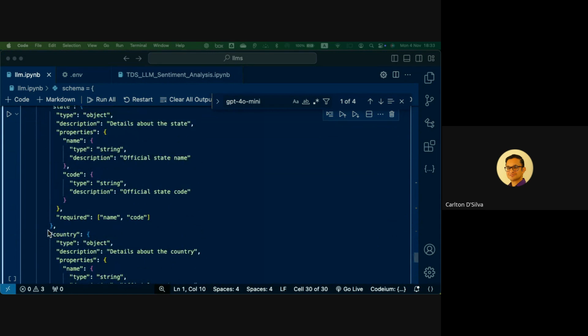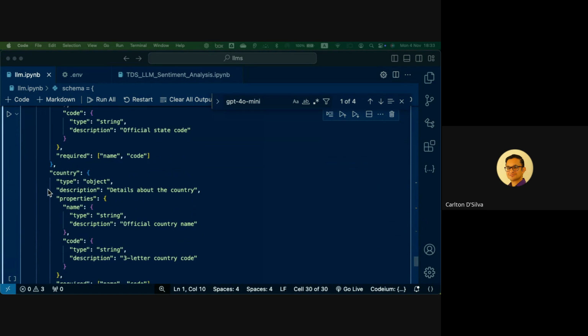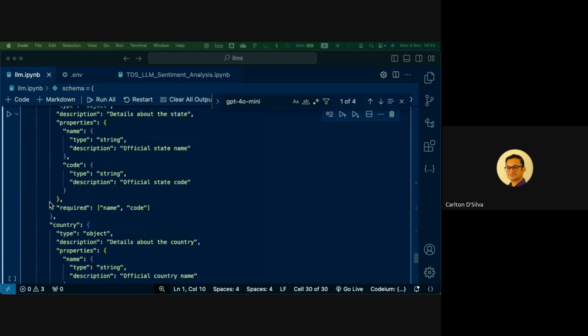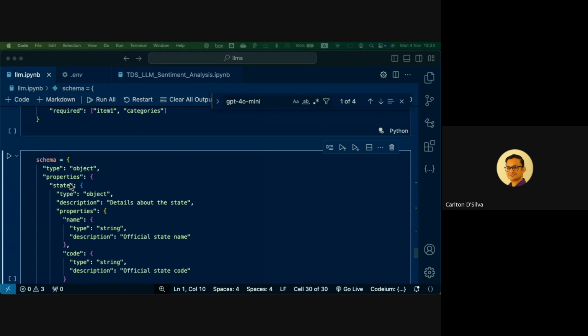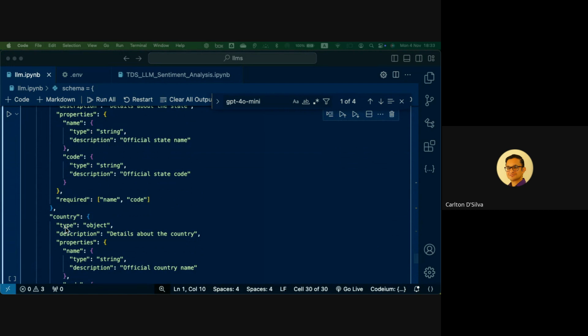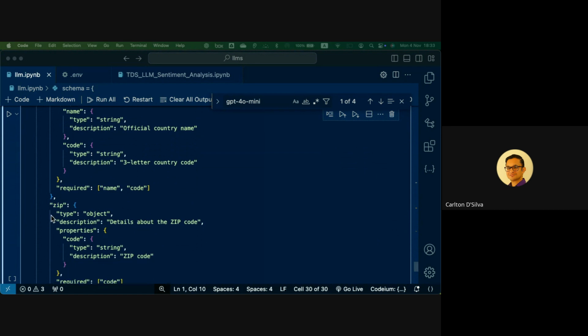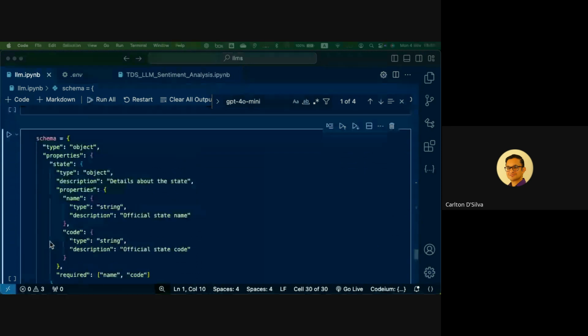So let's see, one, two, three, yes. There are three items inside this properties. It's called state, country, and that also has its own required field, and zip. So those are the three items.